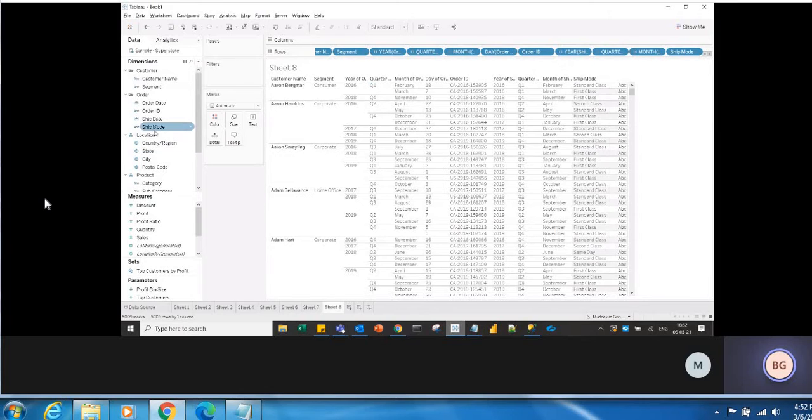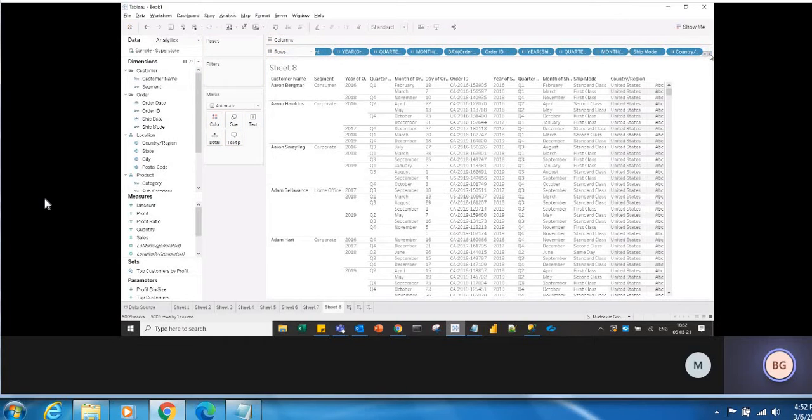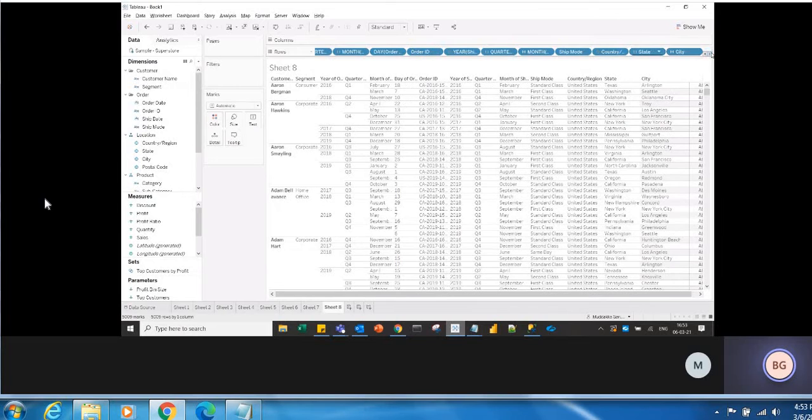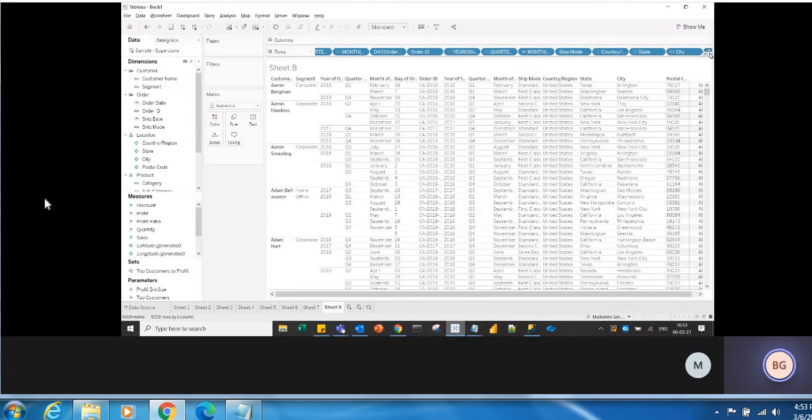After ship mode you drag the country, and from country you create state, city, postal code, and after that you drag the category.